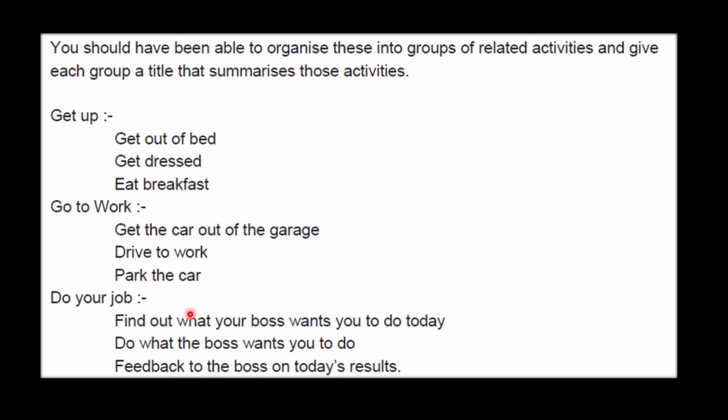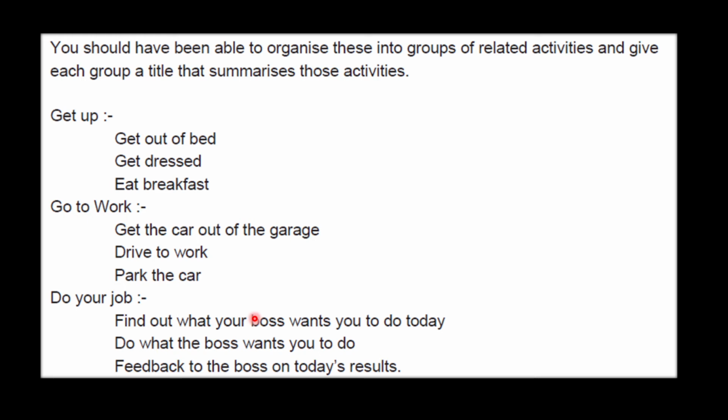So according to this, we have three categories. First, I want to find out what my boss wants me to do today, and the second one is pretty much a similar thing. And the final one, once I'm done with my job, I give my feedback to the boss. So this is how I categorize, but this might vary between people. Just keep this in your mind. Maybe this kind of activity will help us to arrange the elements in some kind of order, and that will help us to do our daily activities.